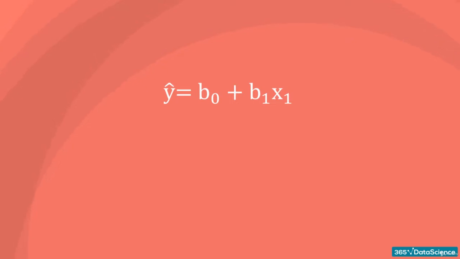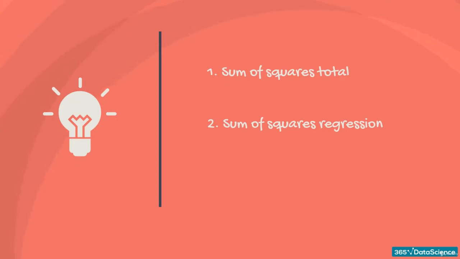We already saw the regression equation and an example of a regression model. In this lesson, we will explore the determinants of a good regression. This video is based on the ANOVA framework you may have heard before. There are three terms we must define: the sum of squares total, the sum of squares regression, and the sum